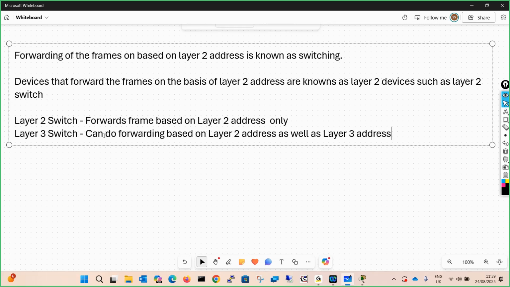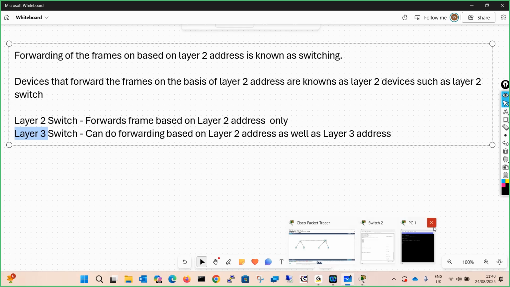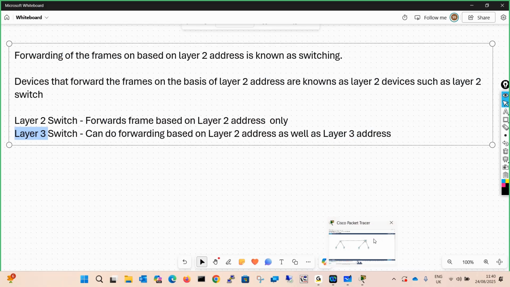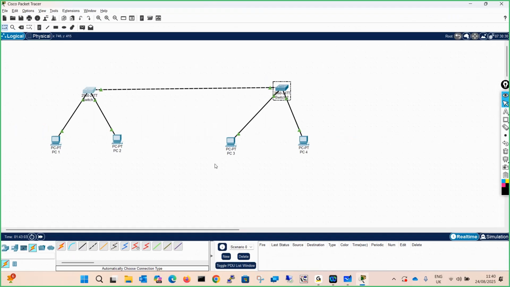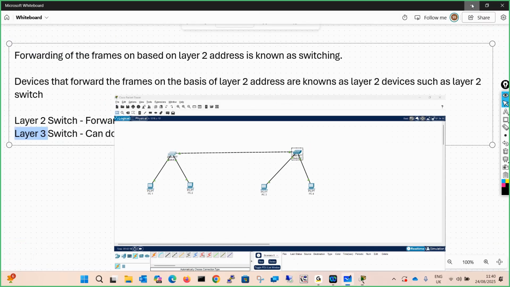So in the layer 3 switch, routing capabilities are there. It is capable of doing routing. In our lab, if I want to communicate between these two PCs which are in different VLANs, I need to put a layer 3 switch in between, which is capable of doing routing, and inter-VLAN routing can be done.